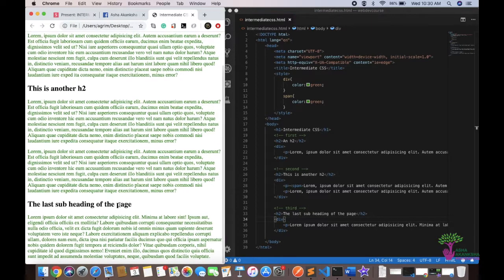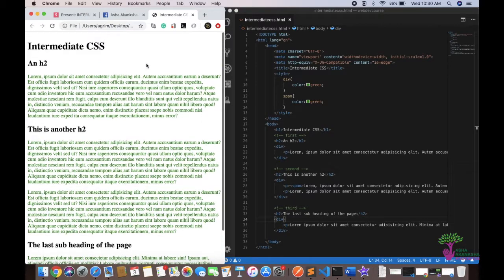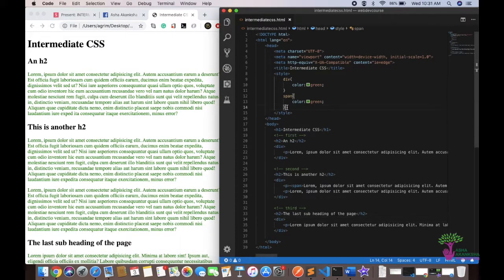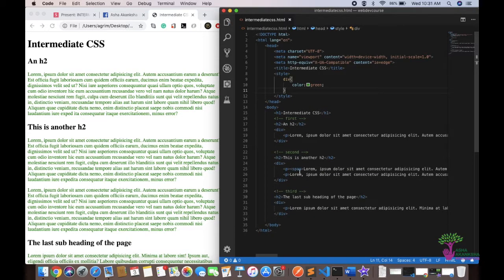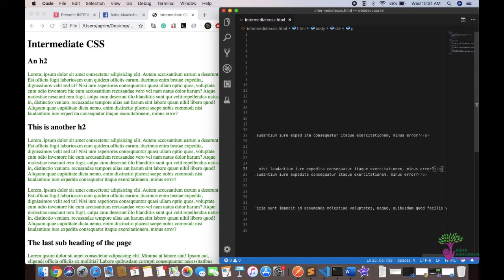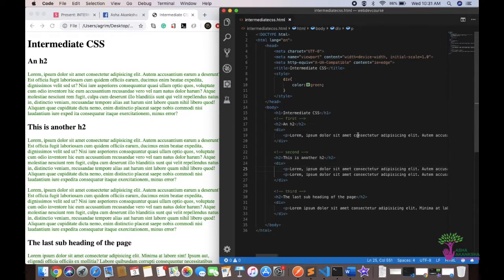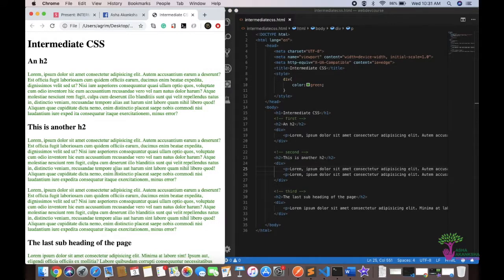Still, if I refresh, I see all of them turn green. Why? Because I've given a color of green to a div, right? And I removed the span here because it's distracting. And where's the ending tag? Here it is. Alright, so if I refresh again, I see all of this is green because I've given a color of green